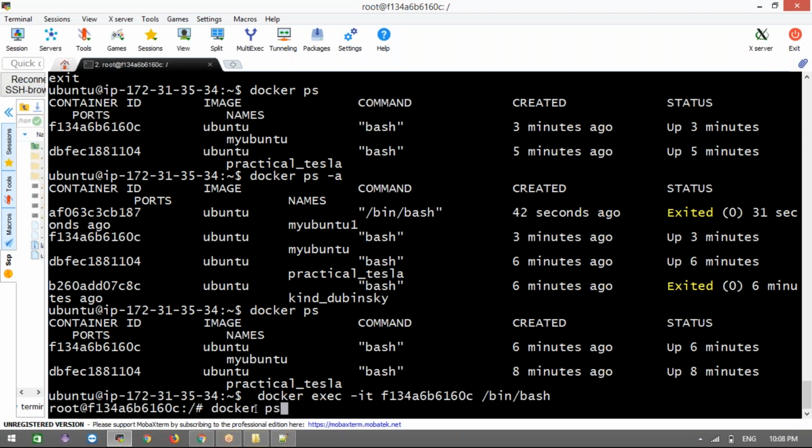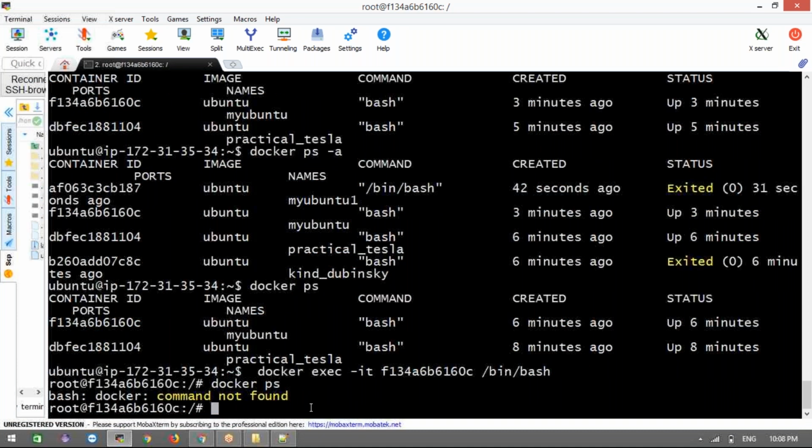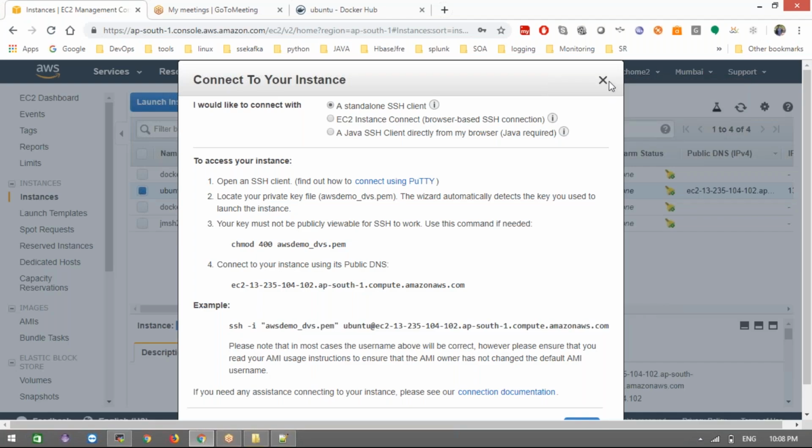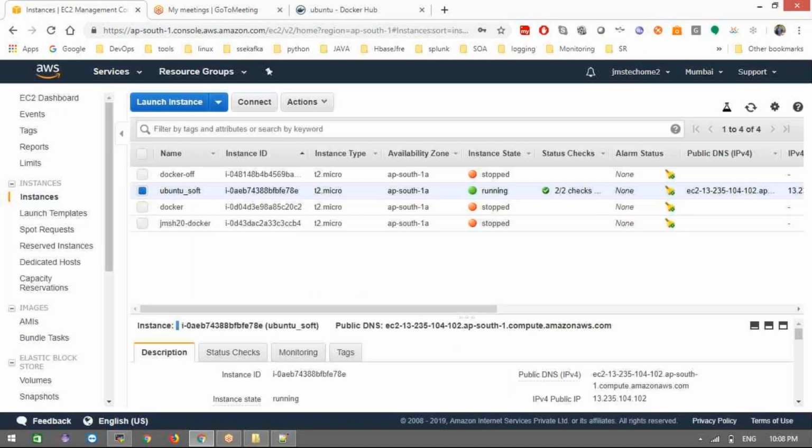Actually, what happened yesterday is we chose one server and today we are logging into another, I think. Yesterday what we created, actually two instances are running now here. We created this one, which is stopped, and this Ubuntu one is running, right? Even that is also an Ubuntu server. I installed Docker there, with the same installation steps from the documentation I provided. You can run the same command anywhere.